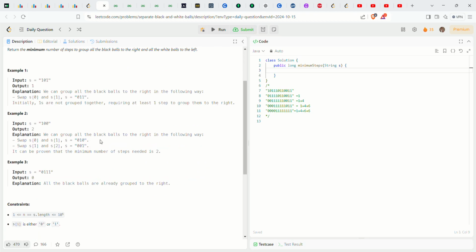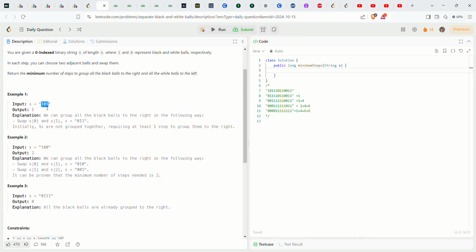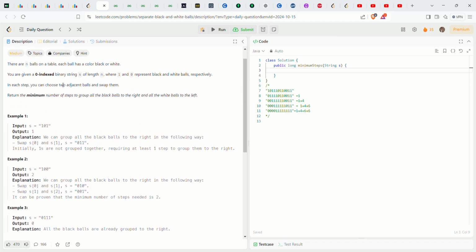So you can see one of these examples. It's 101, so our white ball should come at the left side. Here it is also mentioned that you can only do it for two adjacent balls. You cannot do it where index i is 0 and another index is 2 or 3 or something. You can only do i and i plus 1, so two adjacent balls. So you can choose i as 0 and another index as i plus 1, which is 1, and you can swap them,